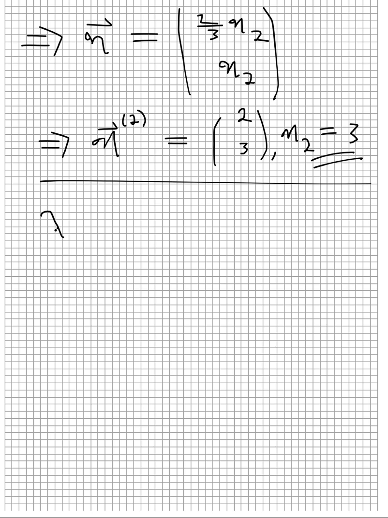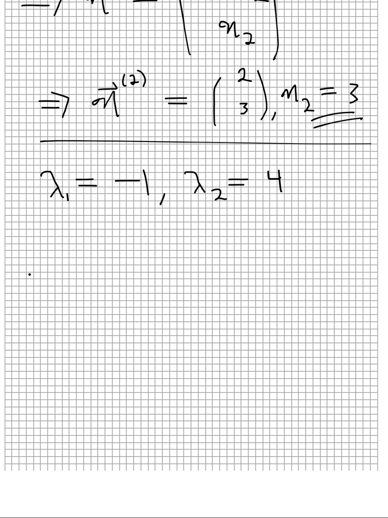So let me remind you guys, the eigenvalue for the first one was -1, so you can see all the connections. And the value for the second one was 4. So therefore, the general solution, and this is what makes linear algebra and differential equations so nice when they work together. The general solution is,